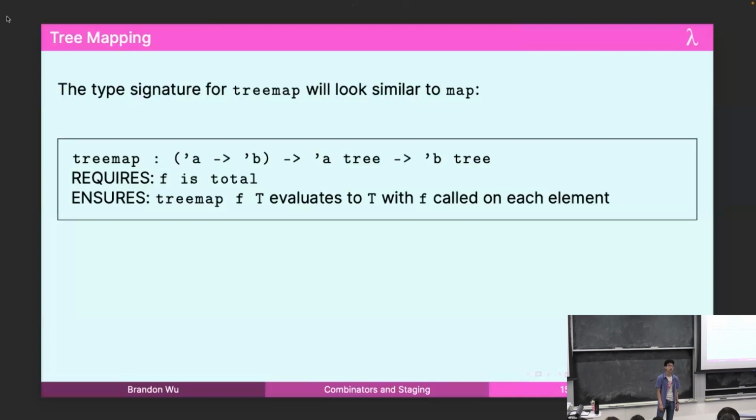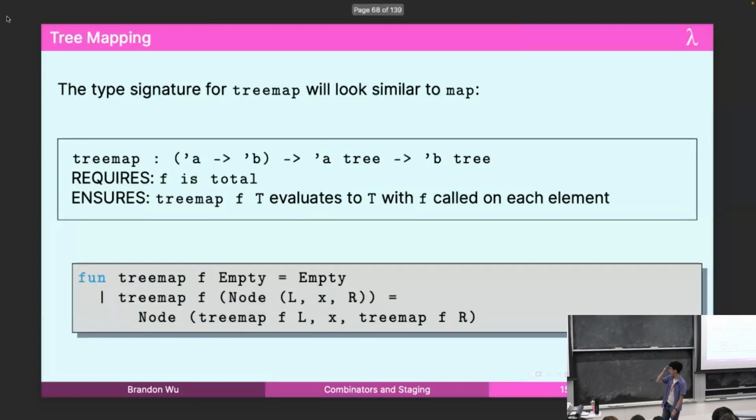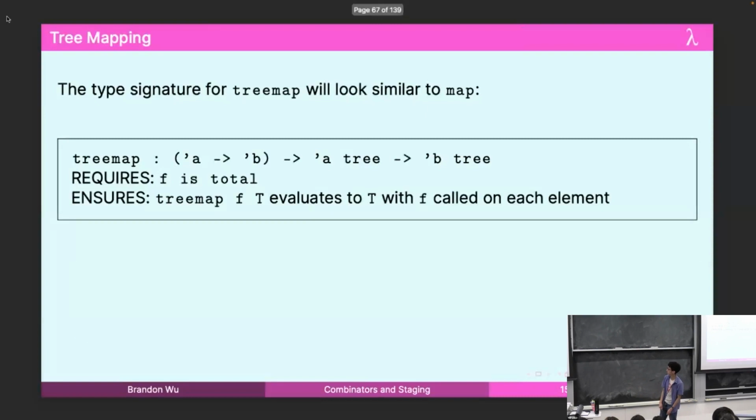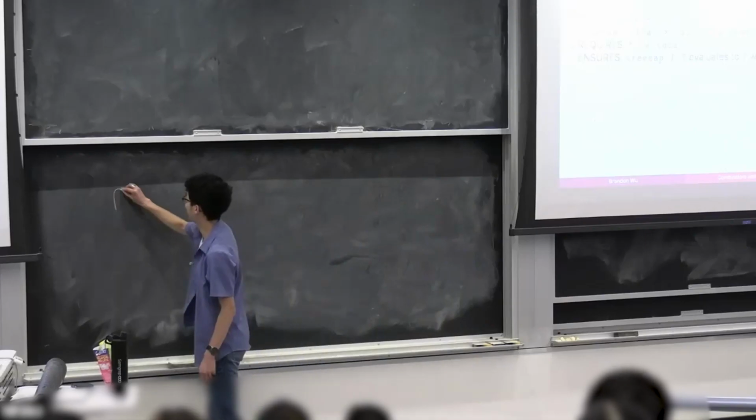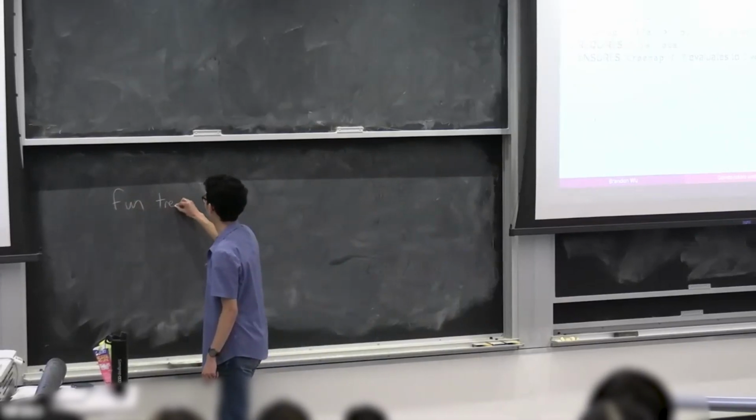It's just that you exchange the list for tree. Okay, and then we're going to require in this section that f is total. Okay, this is our function. Oh, whoops! I was supposed to write it with you. Let's do it. Don't cheat too much. All right,